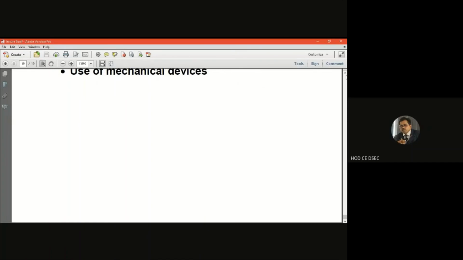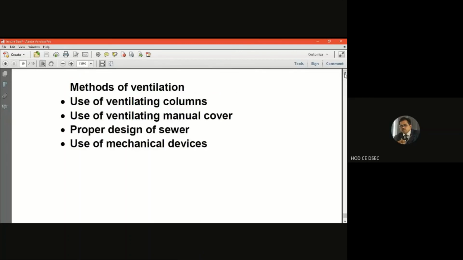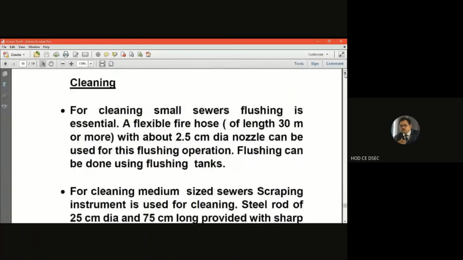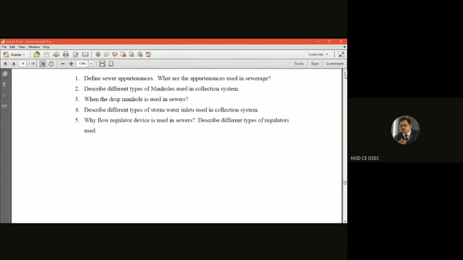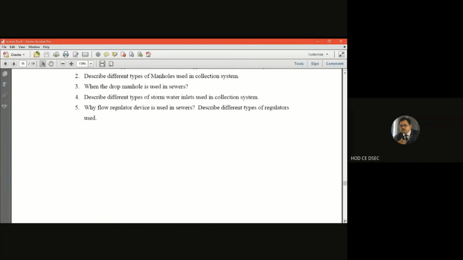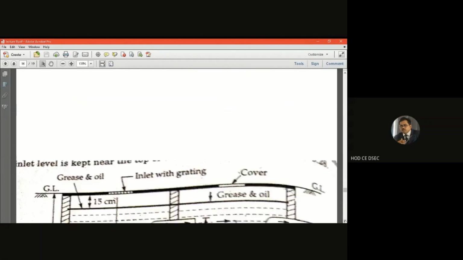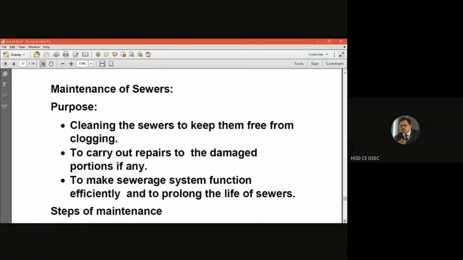So I will close for the day. Module 3, the content we have discussed in lectures 7, 8 and 9, I am just revising for you. First we discussed what a sewer is and the shape of the sewer. Then we discussed the different sewer appurtenances, and finally today I concluded with lecture 9 on maintenance and operation of sewers, taking mostly care of the ventilation part, because the maintenance has to be done taking care of the safety and security of the laborers. So ventilation is very important.